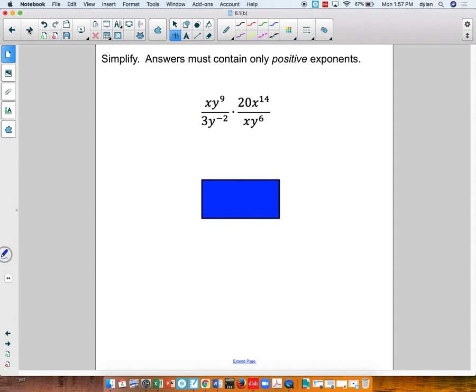The way that I'm going to approach this problem is I'm going to simplify each term separately first and then combine them. So for the first term, we have x y to the 9 minus negative 2 over 3. And for the second term, we have 20 x to the 14 minus 1 over y to the 6th. So this is the same thing as x y to the 11th over 3 times 20 x to the 13th